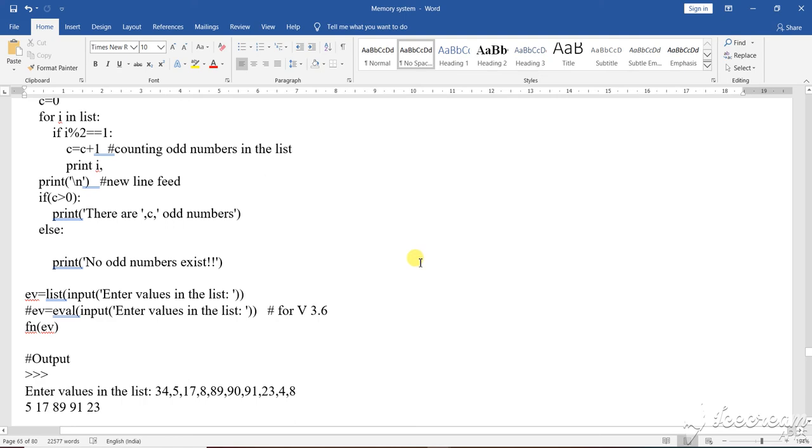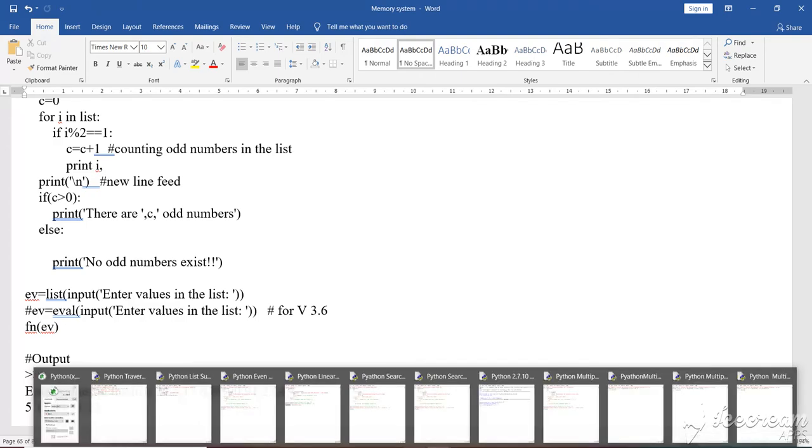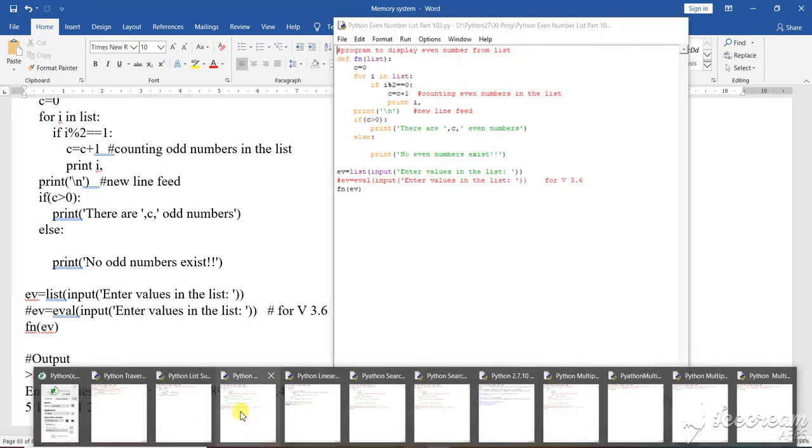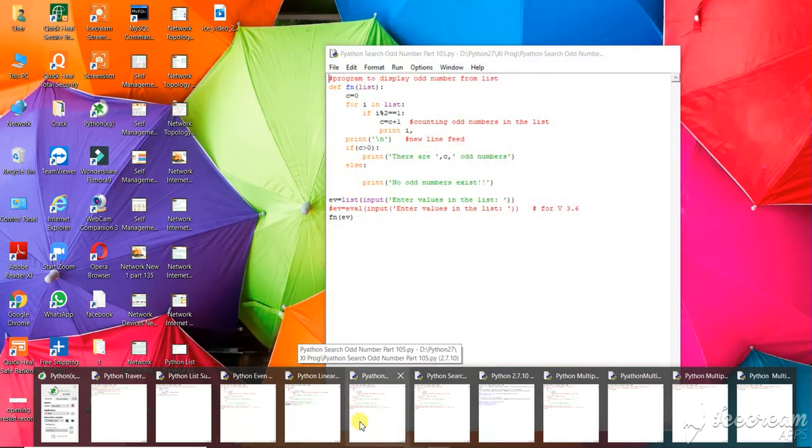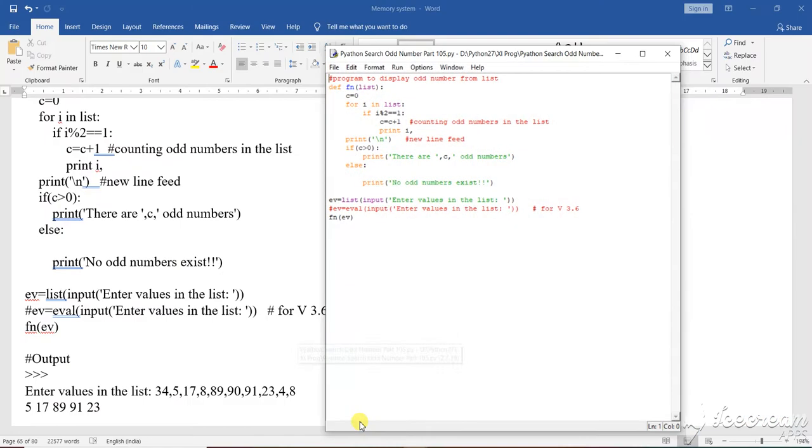Yes, students. Now I am going to show you another list program, which will find out and count the odd numbers of the list. So to do that, I have given a program here so that it will be understandable for you. How to do it? I have written it in this particular area also. So, display the odd numbers of a list.